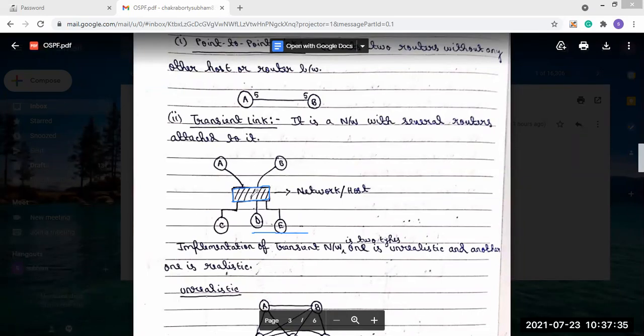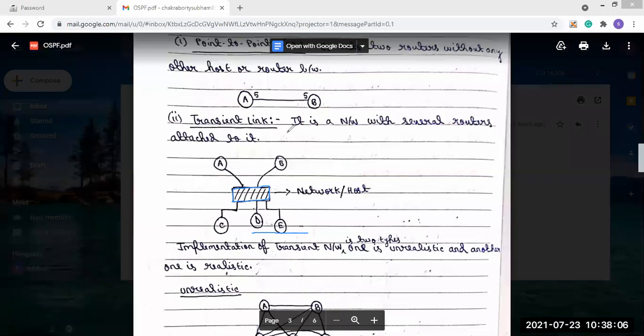You can see that all the routers that are present are connected in this single network. So that is called the transient link. There will be a single network present, and all the routers are connected to this single network.